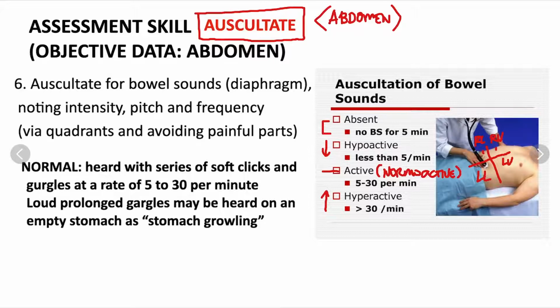Okay, so how long will we auscultate or place the stethoscope over that quadrant? Some references say that you could do it for 15 minutes, but if ever you are not appreciating the bowel sounds, you could do a full minute or up to 5 minutes if you really want to determine for that quadrant to have bowel sounds or not. Okay,